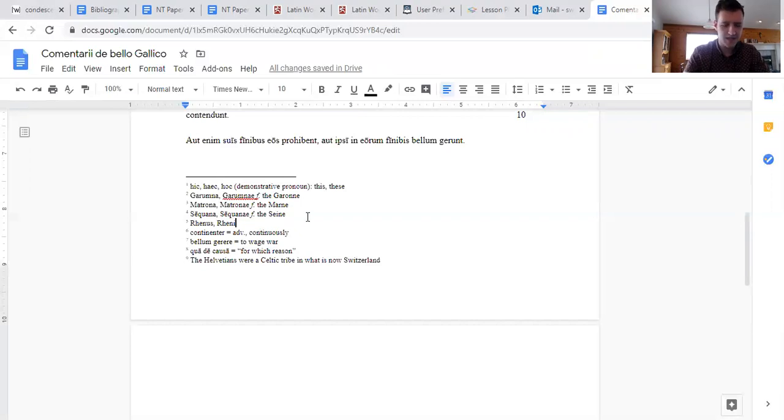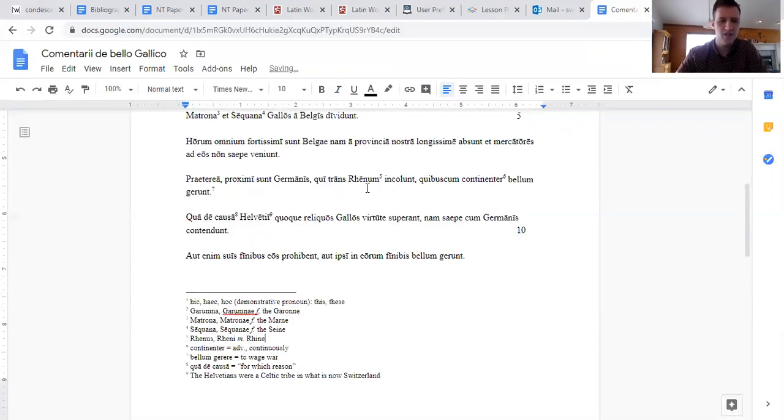So that is a masculine river. Most rivers are feminine, but the Rhine is masculine. Okay, so the Germans who dwell across the Rhine,